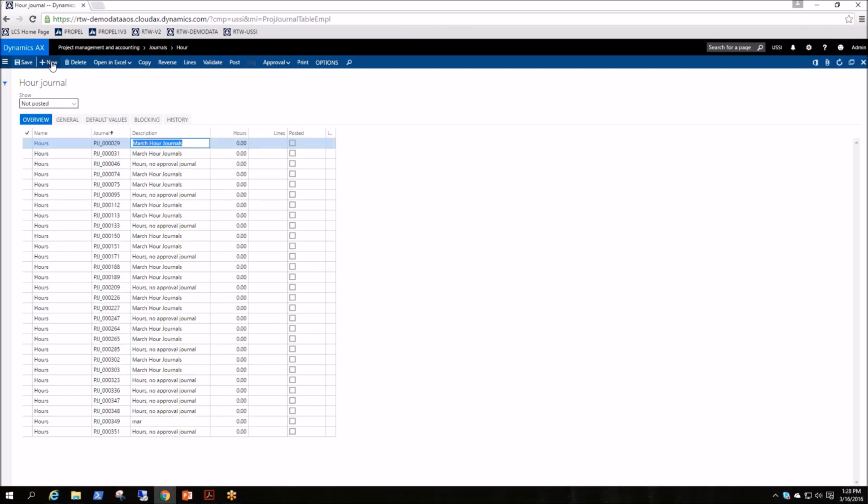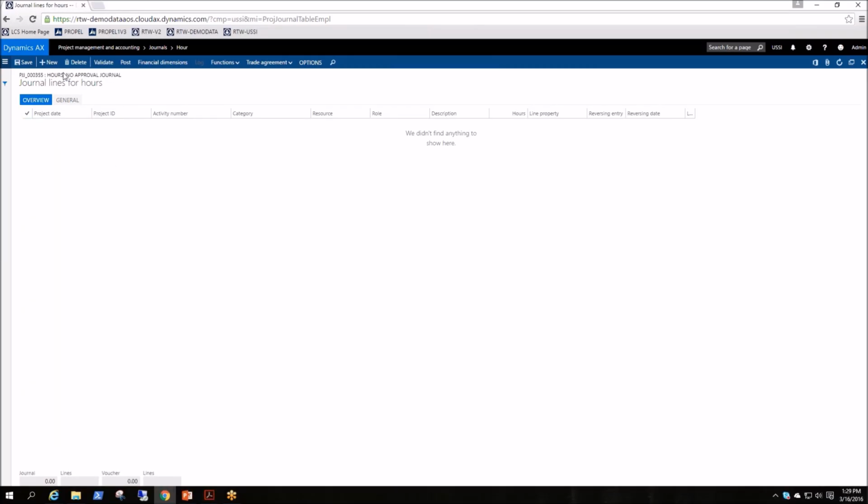All right, so now I'm just going to add a new journal. And then I'll go to the lines. There we go, and then we'll add a new line. So the first thing that we'll note is that there's a few required fields, right? There's the project ID,